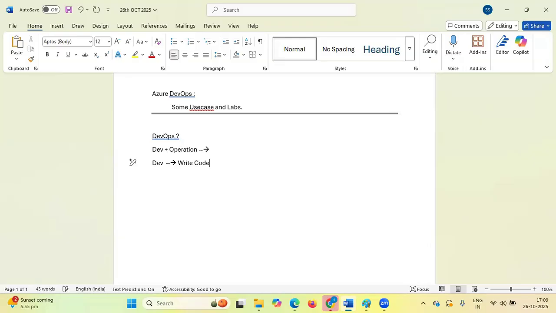And the operations team is going to host the application, deploy the code, and also maintain the performance of the environment.